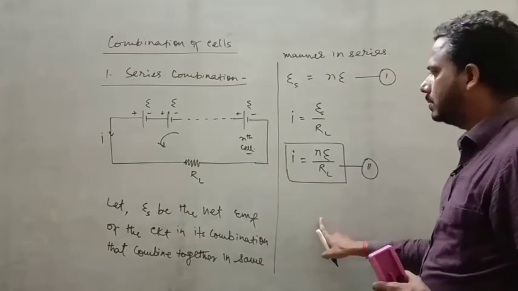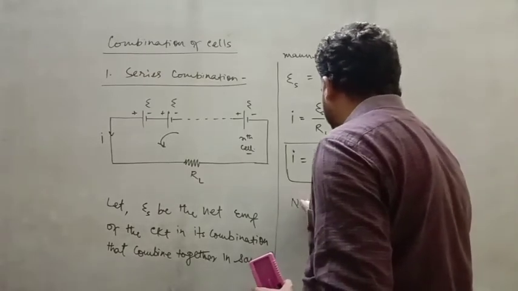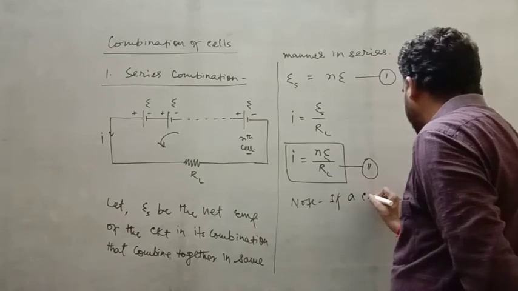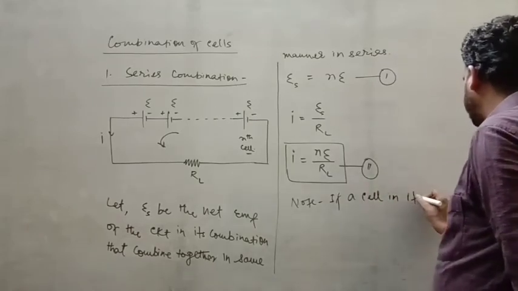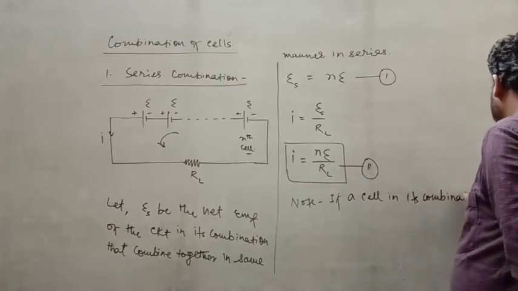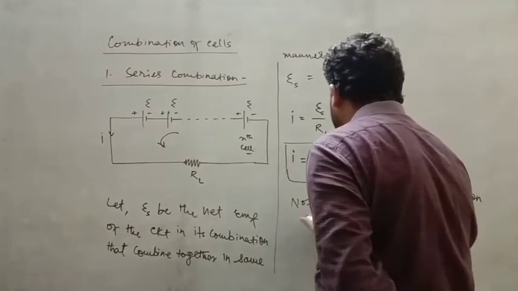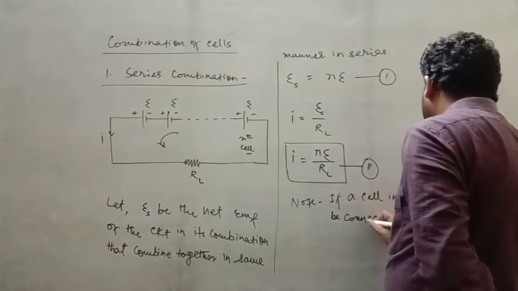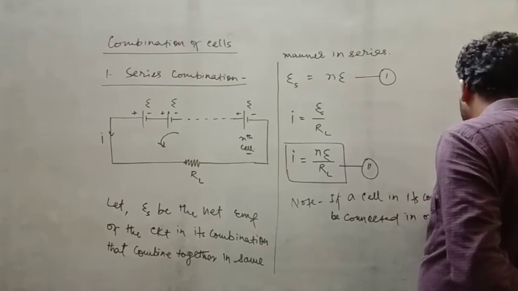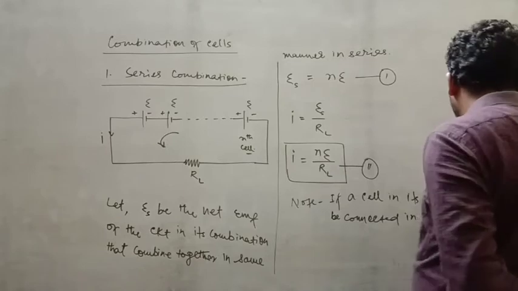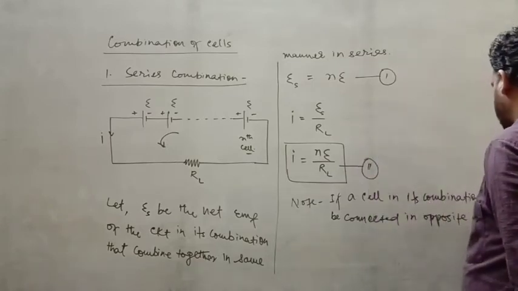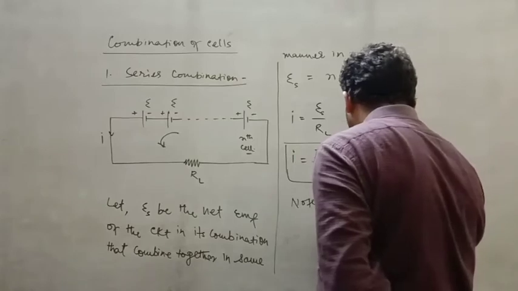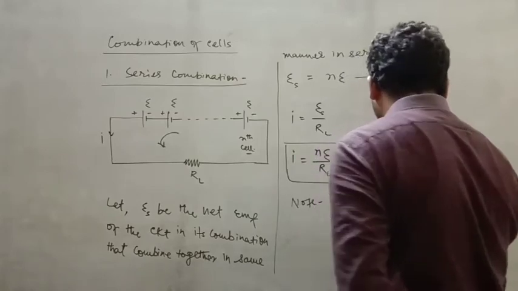So I am going to take a note: note that if a cell in its combination is connected opposite in terminal, then